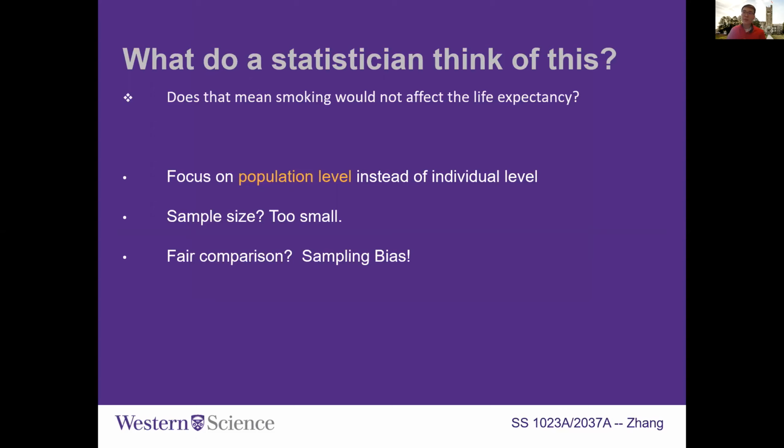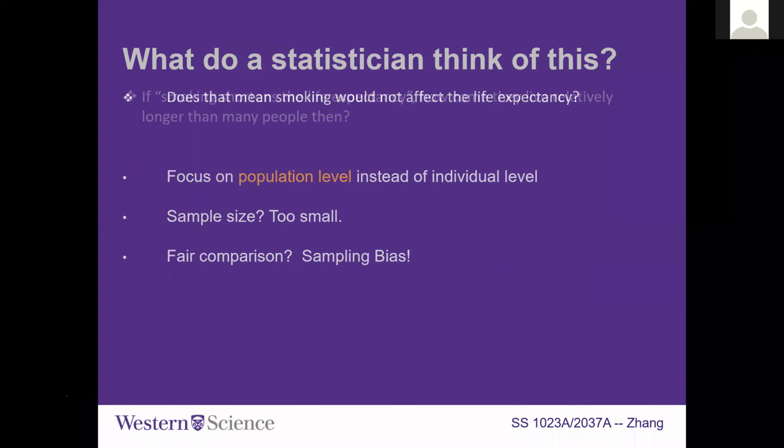It's not fair, because we sampled individuals from the group in a way that favors our conclusions. So our sampling regime itself is biased. So that's the problem, and what is the related statistical thinking for this problem?